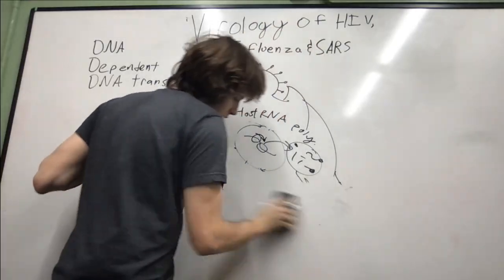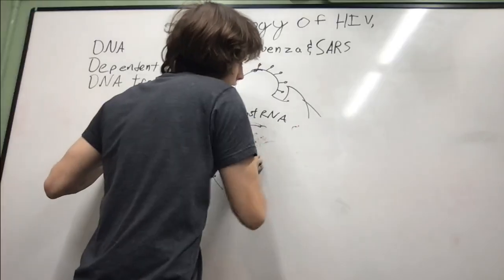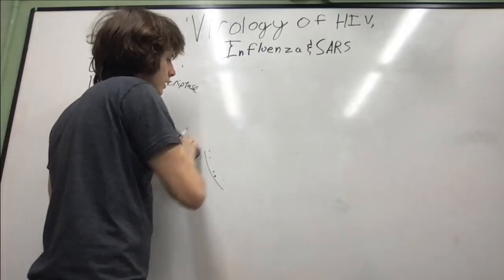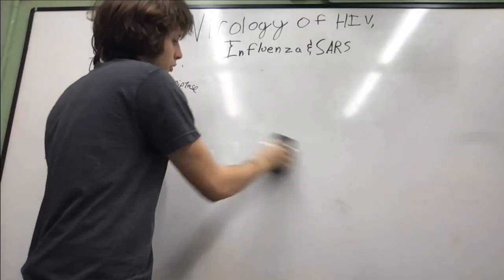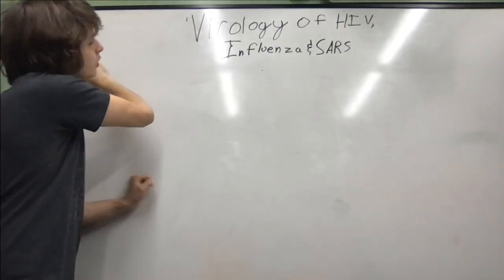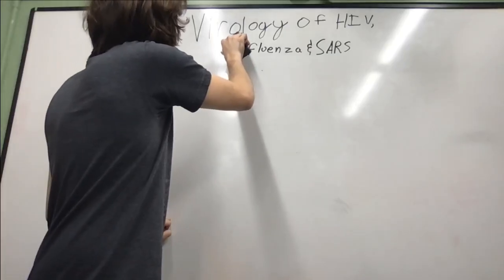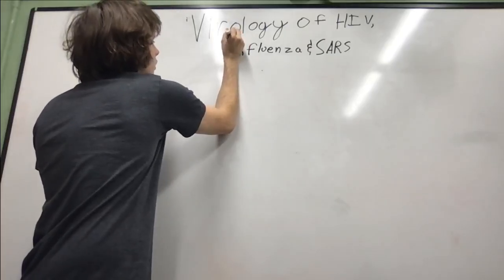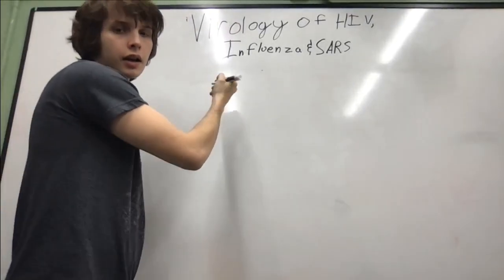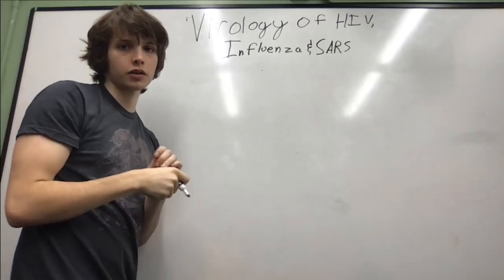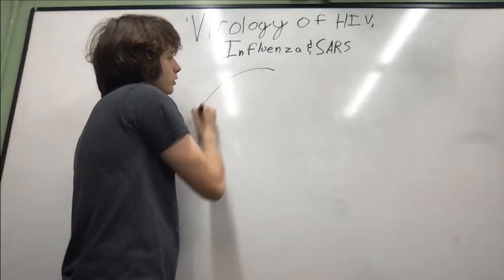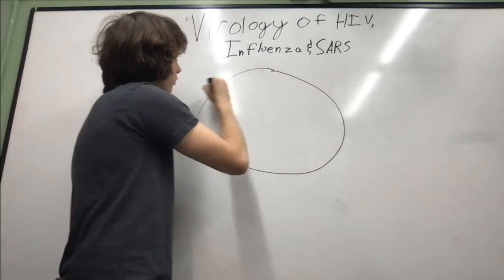Now we can talk about a pretty interesting one and quite unique for a lot of viruses, I suppose, which is influenza or the flu. Okay, so the flu, influenza A, is a negative antisense strand. So there's a couple of unique things about it. So let's start with it first. Influenza A